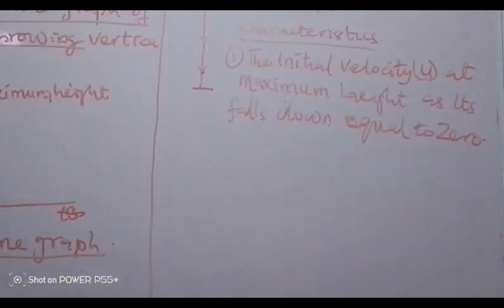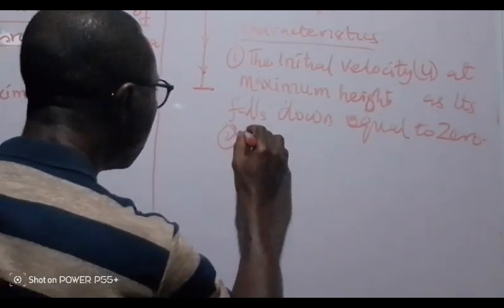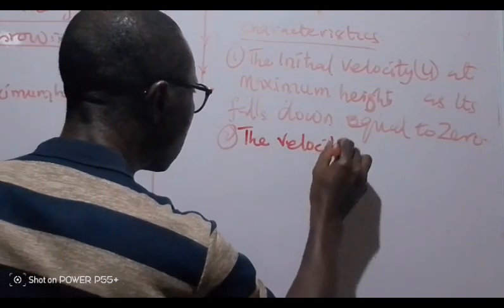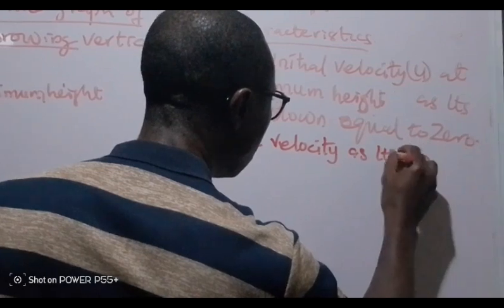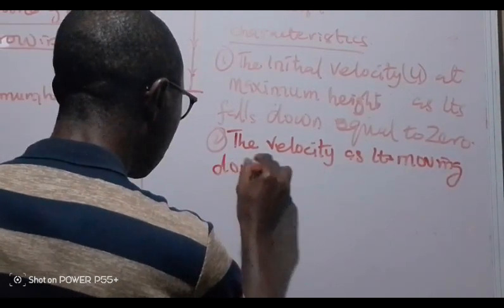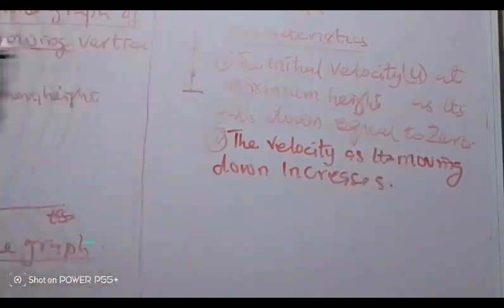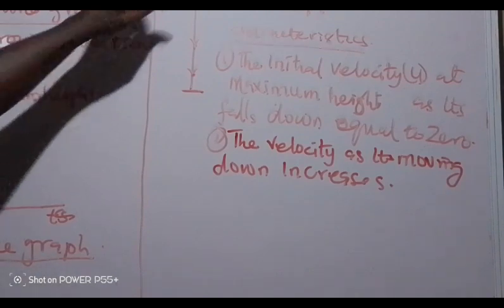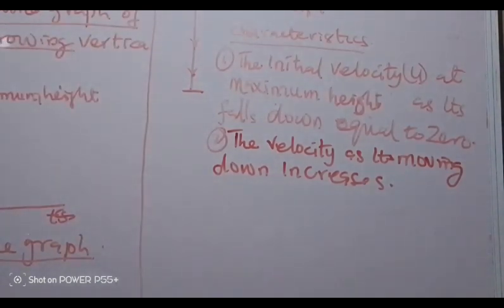Number 2, the velocity as it is moving down increases. Just the opposite of an object moving upward. The velocity as it's moving down increases. When the velocity increases, number 3 characteristic,